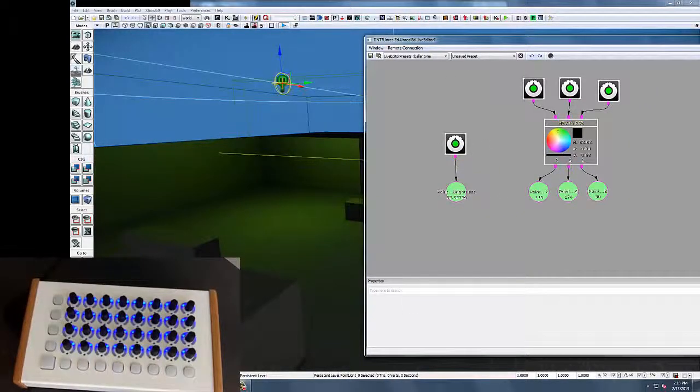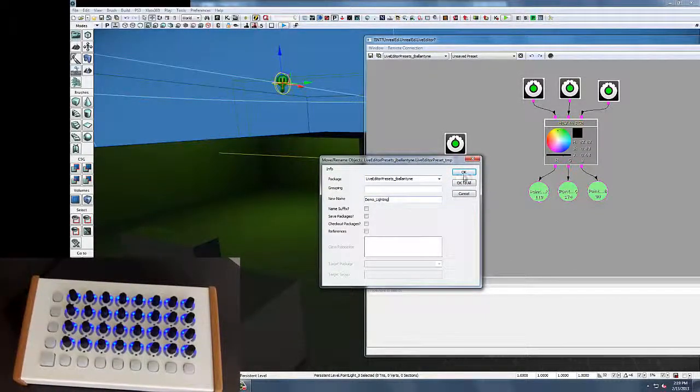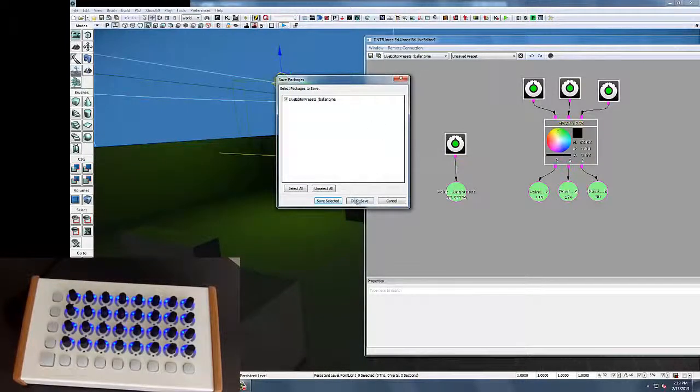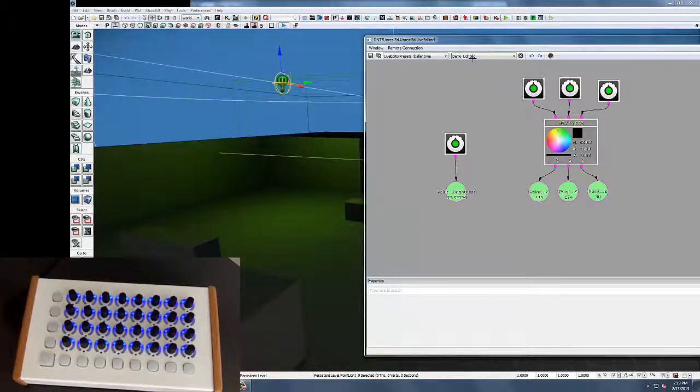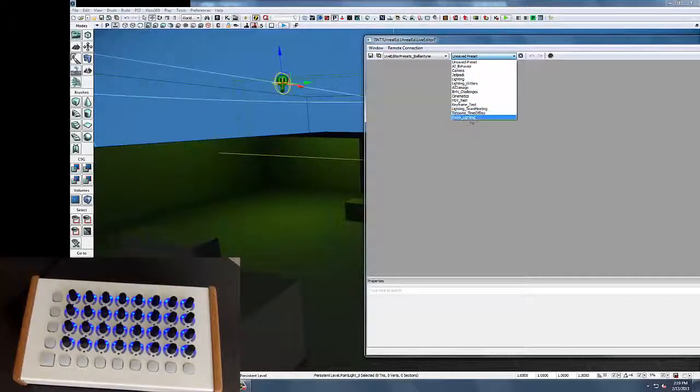The cool thing about the concept of presets is, a lot like Ableton, you kind of only want to set this up once for your MIDI board per type of thing that you're tuning. So this gives me the ability to save this preset. I can give it a name. We'll call it demo lighting. Press OK. I'm not actually going to write it out to the package right now, but then you can see in this dropdown, demo lighting appears right here. So I can go back to the unsaved preset, nothing there anymore. Demo lighting,